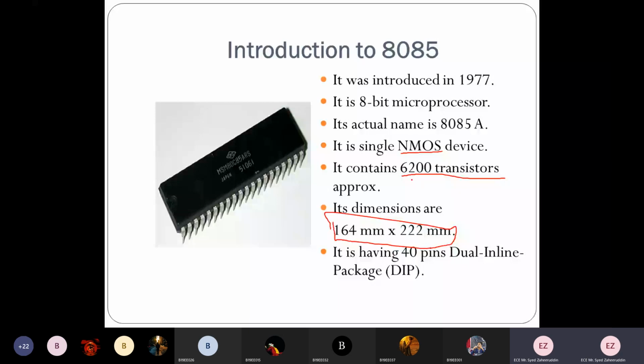When you take the effective area, the transistors would be located in the middle part of your IC. The remaining portion won't have transistors. Next, it has 40 pins in a dual in-line package. This is a DIP, dual in-line package, which has a hard plastic casing as the outer shell.